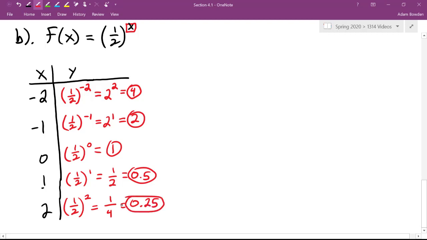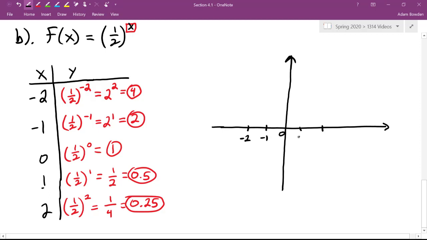So really, if we compare with what we just did a second ago, the numbers are in reverse order. The bigger numbers are going to come from the negative x numbers, and the smaller values for y are going to come from the bigger values of x. So let's draw a graph and visualize what's going on here. Same numbers as before,